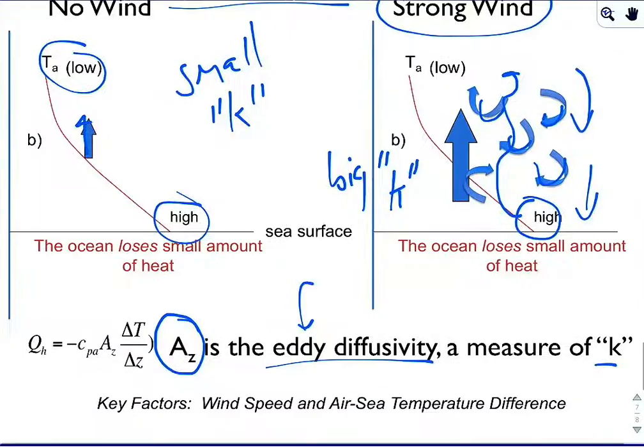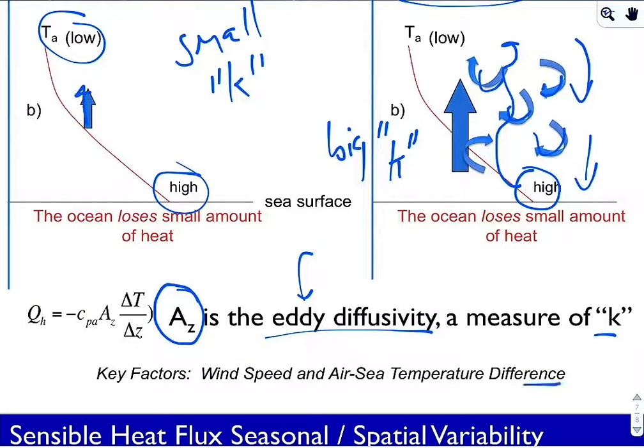So in the end, the key thing is air-sea temperature difference, just like the classroom example. Larger air-sea temperature difference, greater heat flux. The direction of that, of course, depends on which is warmer, so it's important to think about. And then we have an effective conductivity that is most dependent on wind speed, also somewhat dependent on the sea state, but most dependent on wind speed. Greater wind speed, greater conductivity, greater transfer of heat